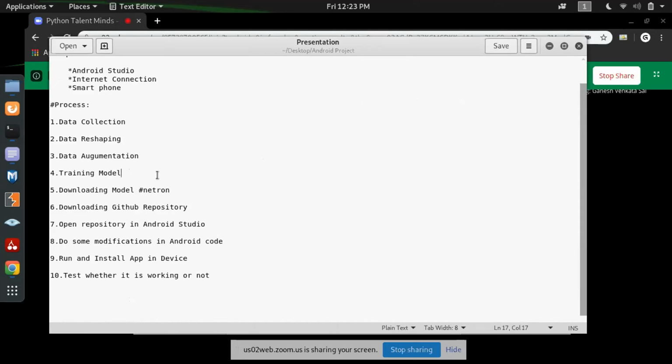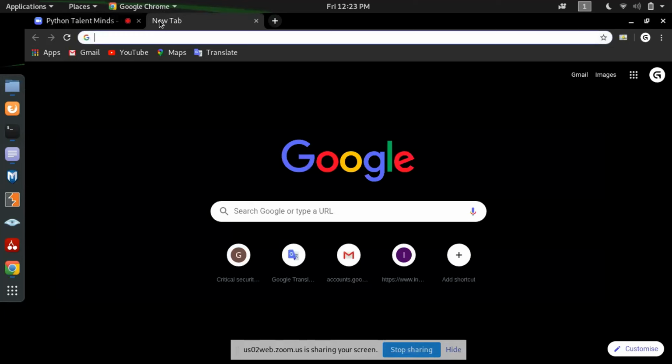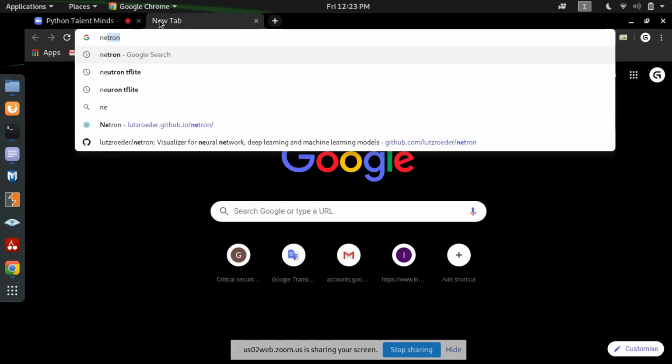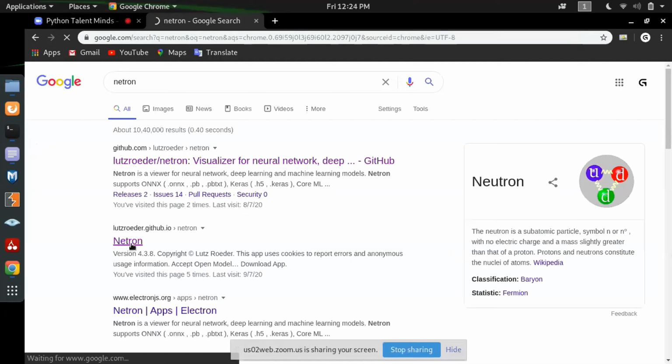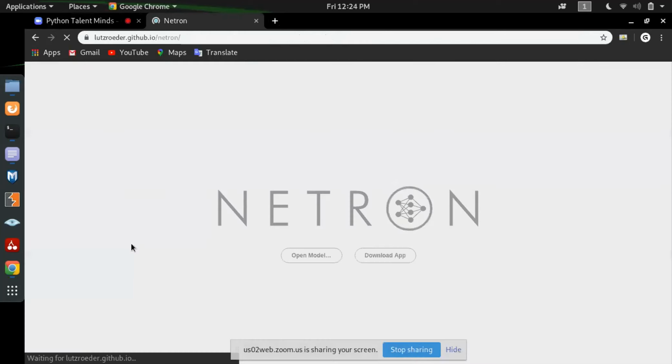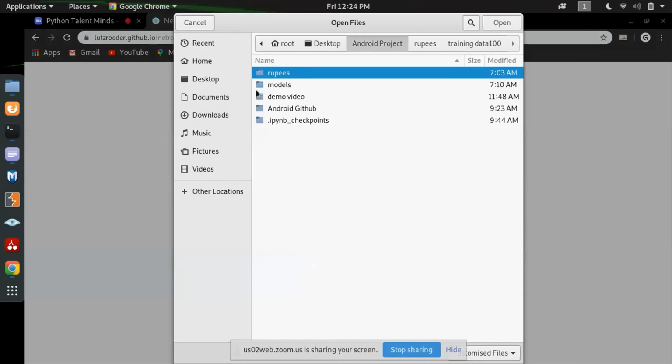Here I have, right, it is called Netron. Netron is actually a website. It's used for viewing models. I'll show you how. Yeah, here is the Netron website. I'll click on open model, and I have kept it on the desktop. Yeah. In the models, if I want to see this converted quantized TF file,